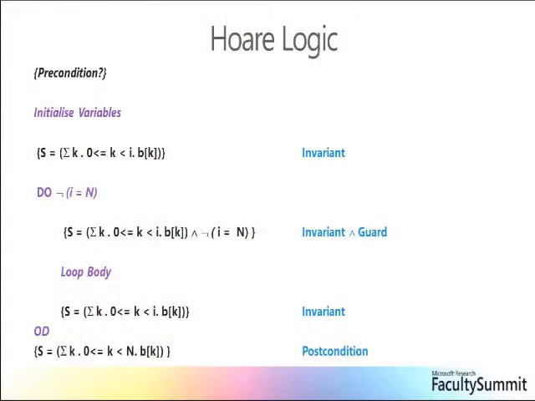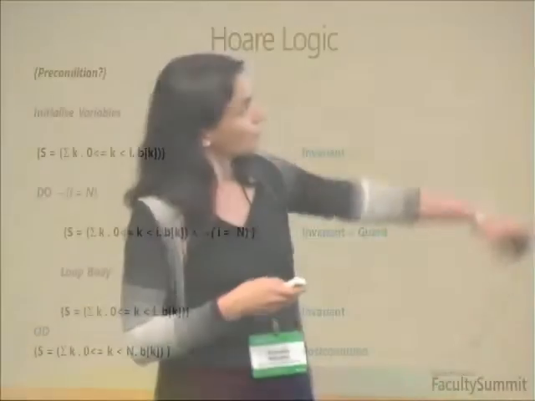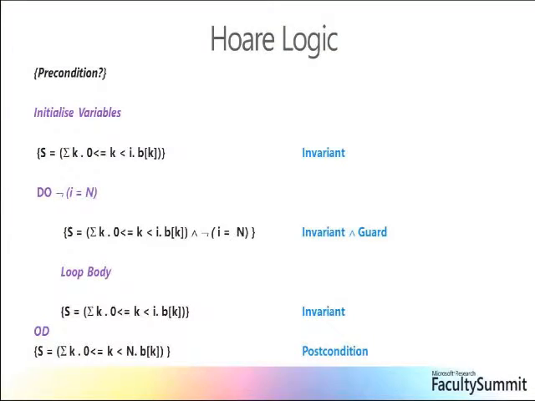Okay, so just a little bit about where we go from here. When I get the students in, they've done no program verification. They, as I say, might know a little bit about first order logic. When I get them at the beginning, we talk about specification, might do some OCL with them to build on their UML. We talk about Hoare logic, and we typically do work with pen and paper or at the board